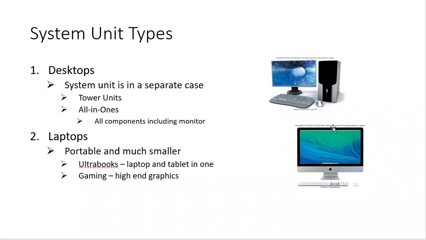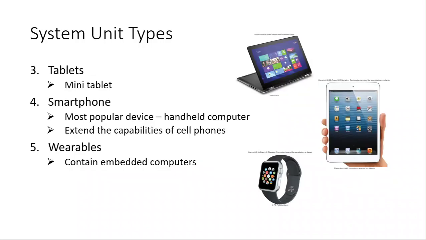Then for laptops, we have portable and much smaller ones, known as ultrabooks, which cover laptop and tablet in one. For gaming, we have laptops purposely made for gaming, which usually have high-end graphics. Another one is tablet. This one we have also covered in our module 3. Tablets, mini tablet,